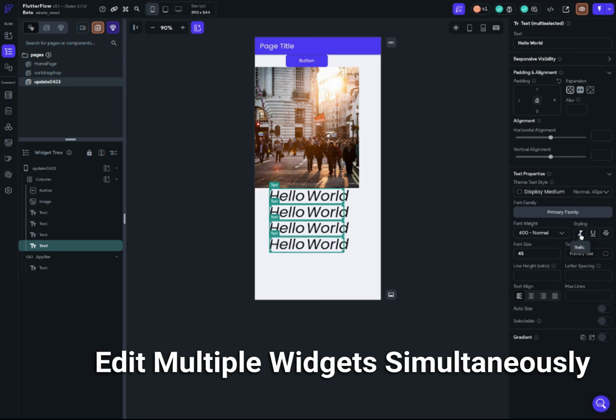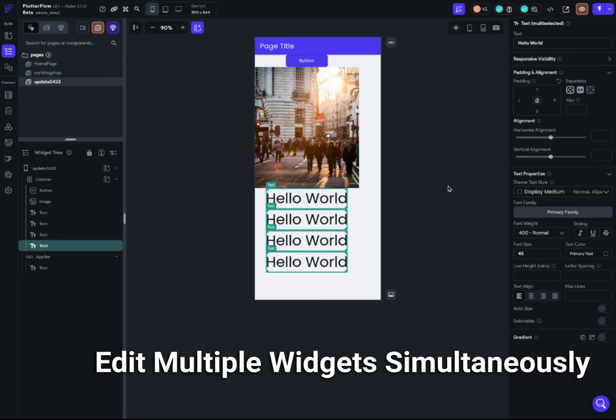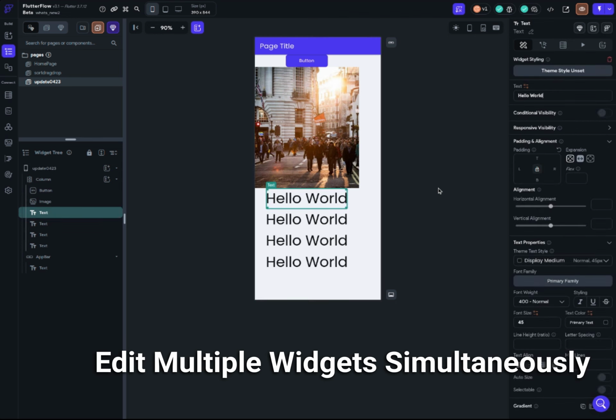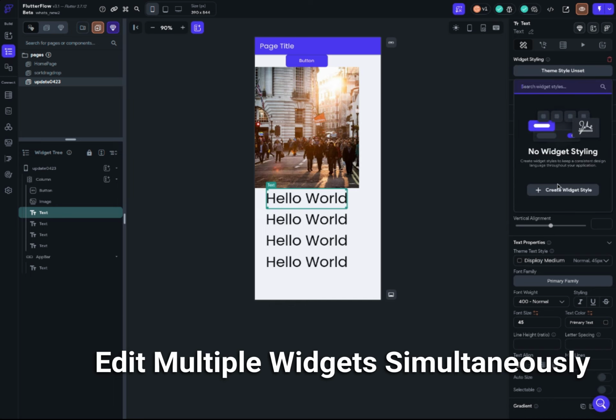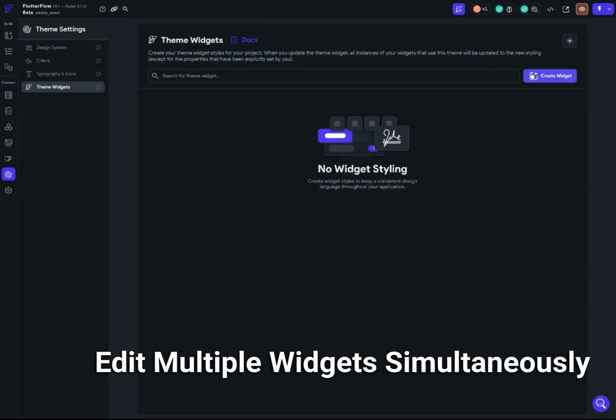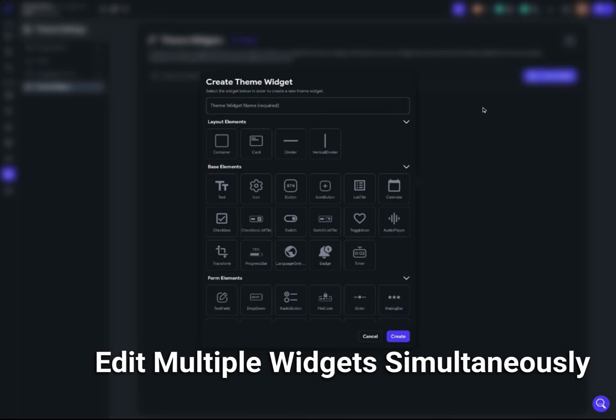And you can make it italic. It's great actually, because in this case, you don't have to do it manually one by one. You can make the change like that. There is another thing that you can do, which is using the widget style, the theme style. So you can actually have a theme style. If I create a new theme style of this particular widget,